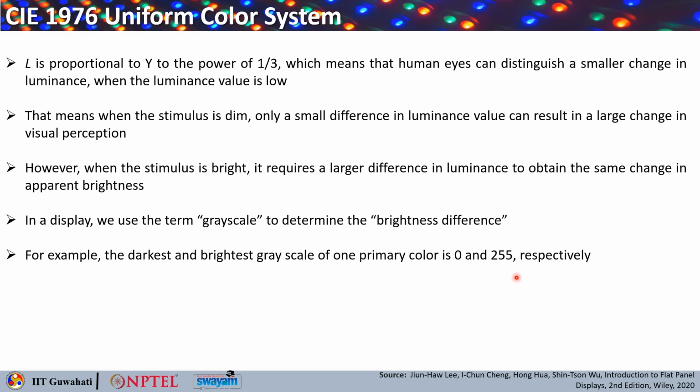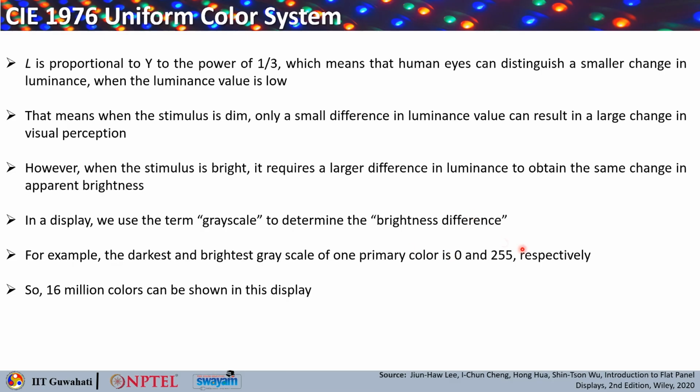So, when you say 0 in the dark grayscale, that means that color is absent, and when you have 255 on the grayscale, that means it is the brightest of the particular color, which is in the purest form. Okay. So, that way you can represent it by 8 bits. So, if you look into the 3 different colors, it can be 2 to the power 8 into 2 to the power 8 into 2 to the power 8, that is like 16 million colors can be shown in